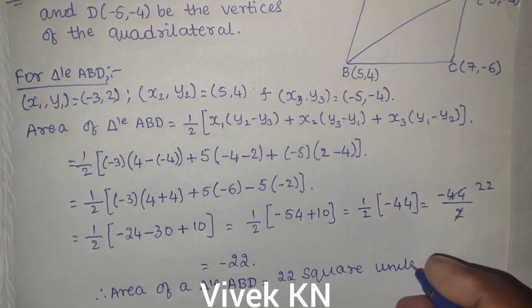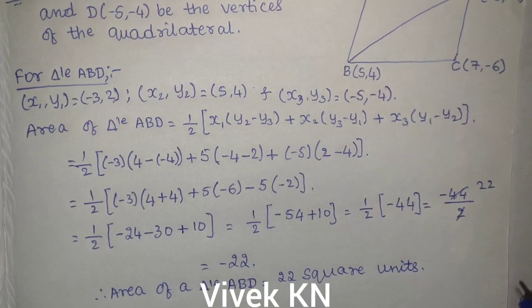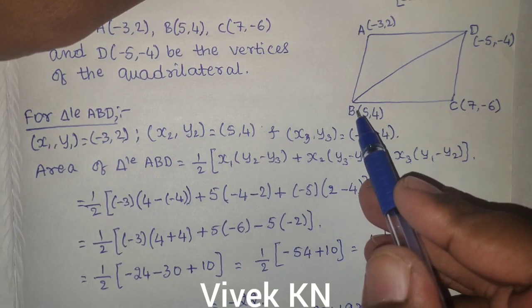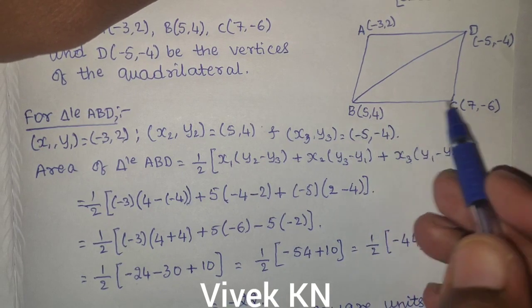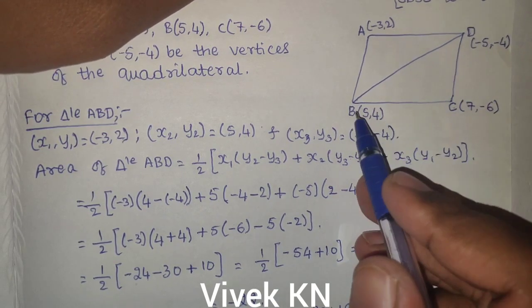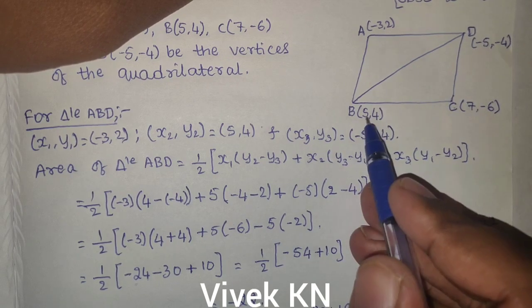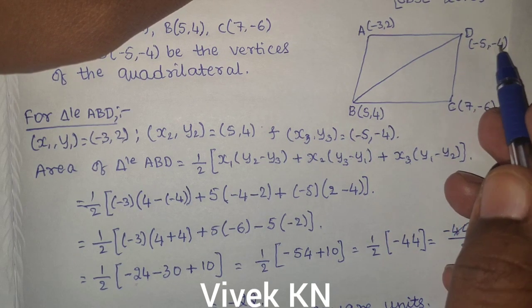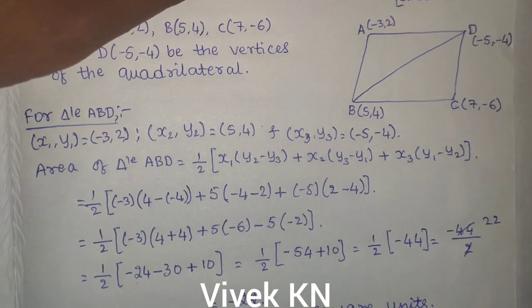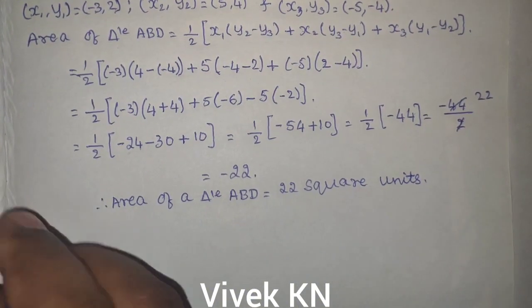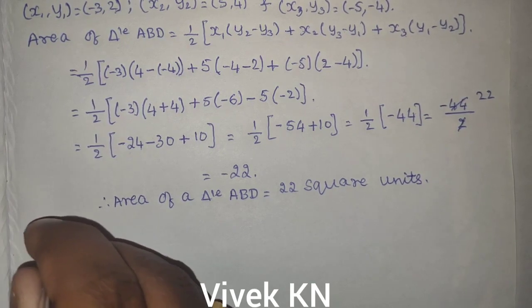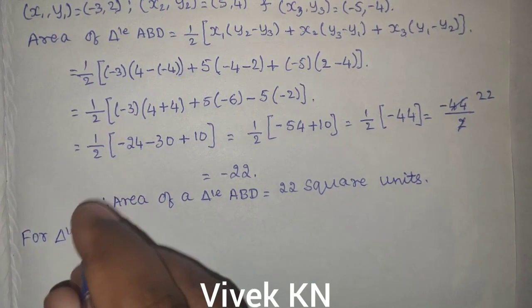Now we have to find another area of triangle, that is area of triangle BCD. For triangle BCD, this is x1 y1, this is x2 y2, and this is x3 comma y3. Okay, so for triangle BCD,